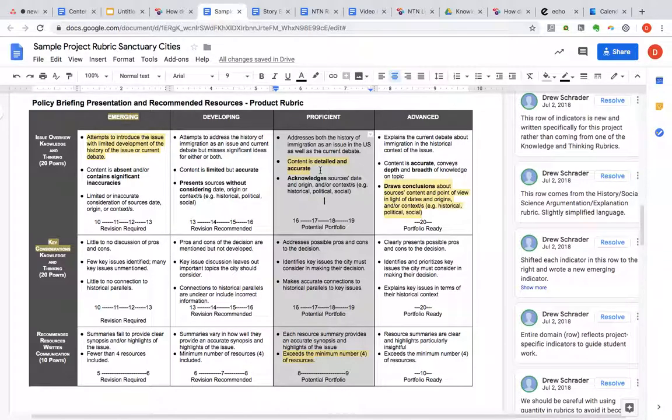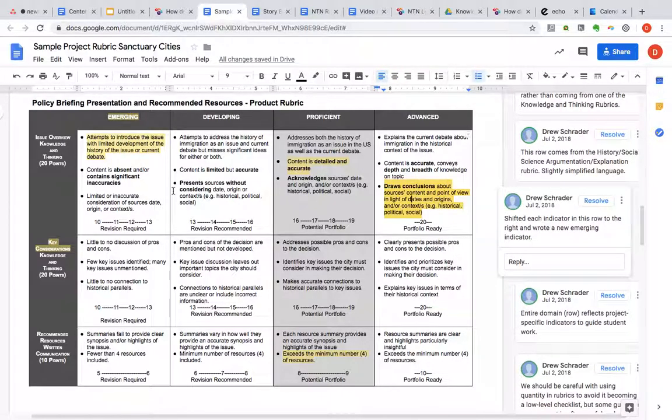Now, that said, not all of the language in the rubric is going to just be cut and pasted from the NTN rubrics. Some of it might come with some modifications. So this piece here in the line around drawing conclusions, this is similar language from the social studies knowledge and thinking rubric, but we shifted it a little bit to the right because we felt that the proficient descriptor was really pretty advanced for where our students were at this point